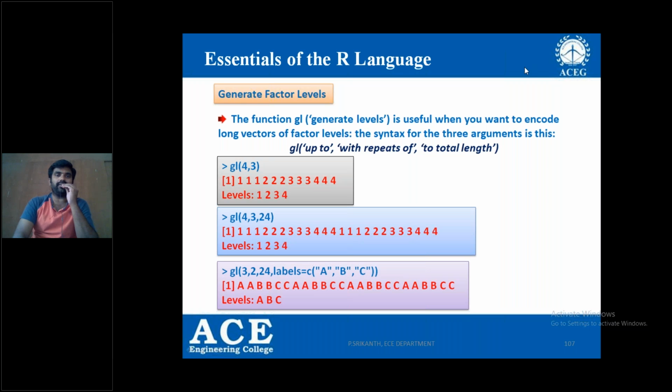Factor levels means how many levels I have in an already defined vector. This part was already discussed while discussing factors in the last class, but it is a predefined function for generating the levels. Right?